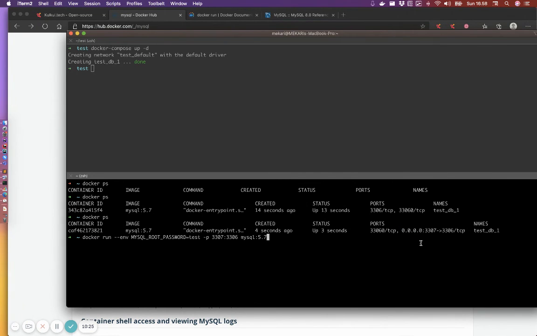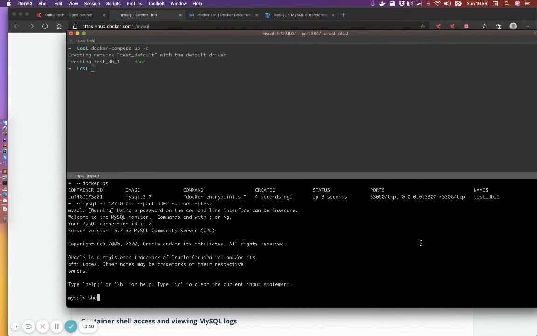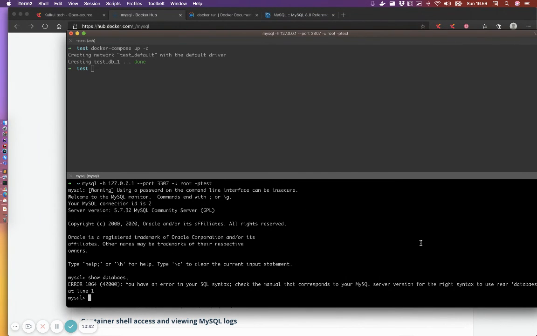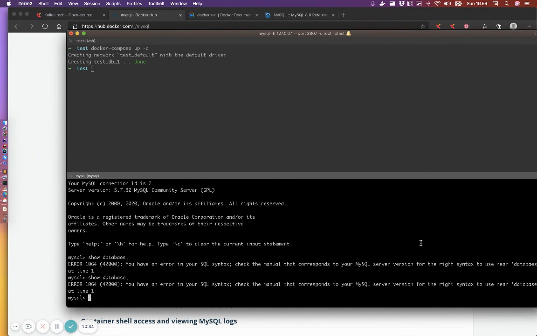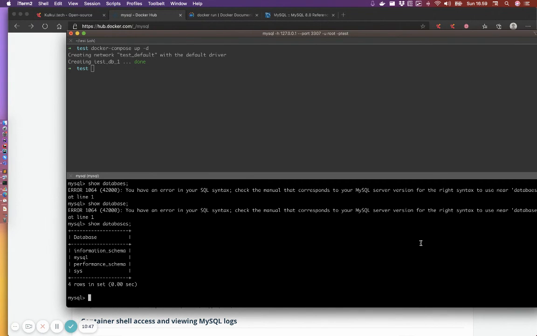Now when I do mysql -h 127.0.0.1 --port 3307 -u root -p test, I joined the correct database. Awesome, right?